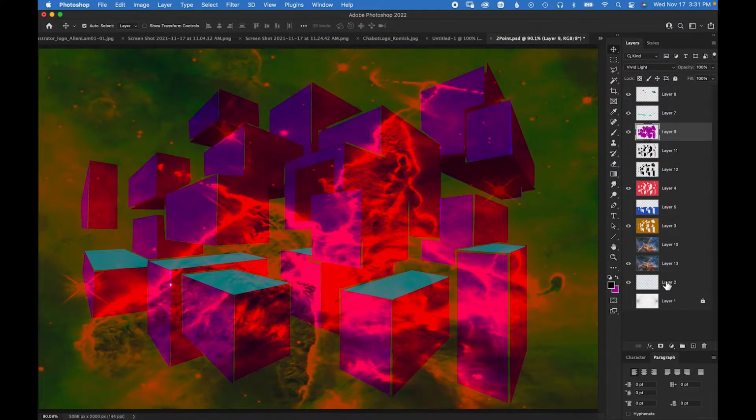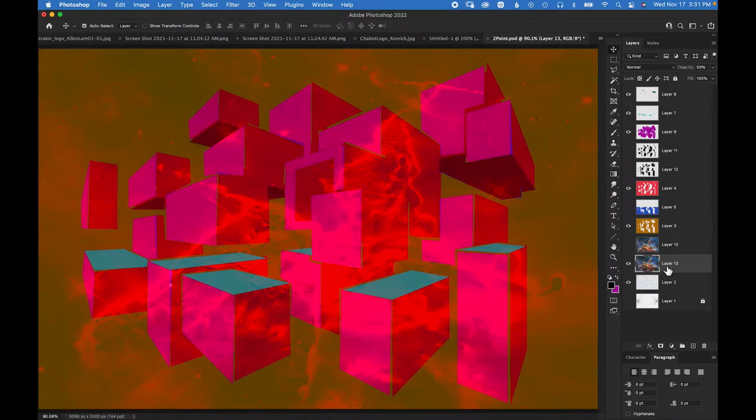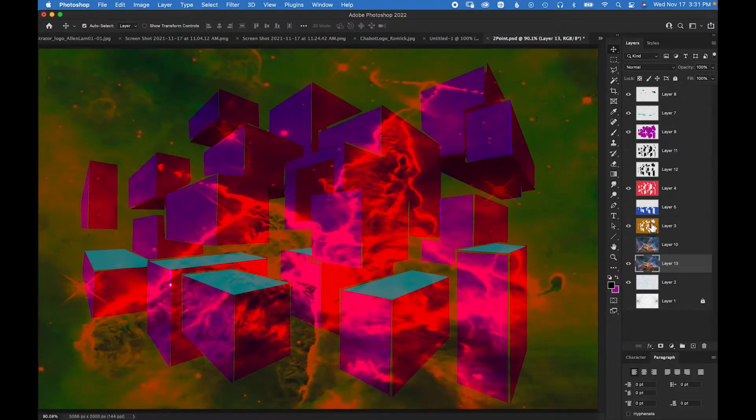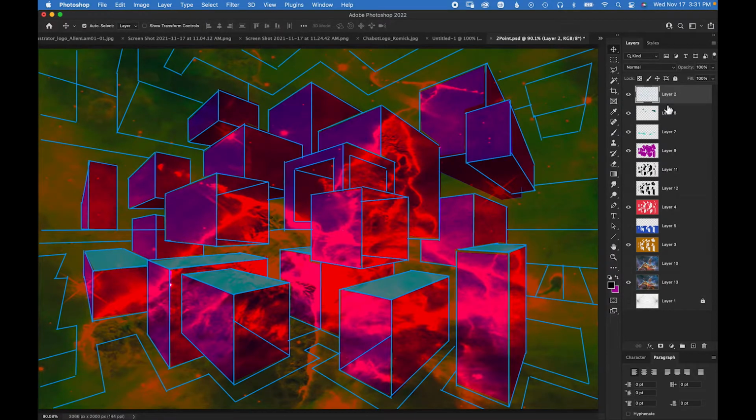I noticed that here's my bottom layer, which is hidden because these layers are more solid, so I'm going to bring layer 2 all the way up to the top, and layer 2 is my Linework. So that instantly gives it this cool, trippy, interesting